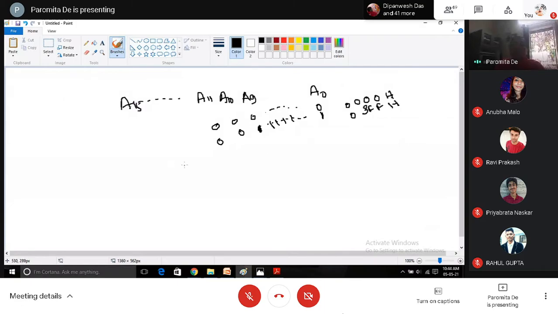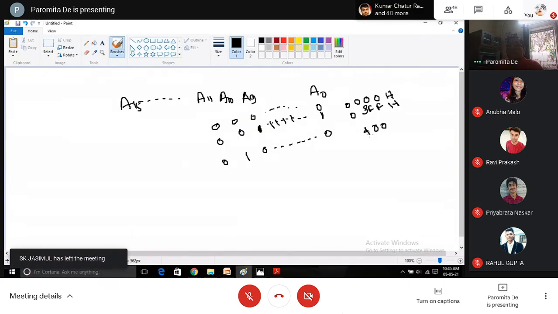Now, what will be the memory location if I have 0, 1 and 0? Then what will be the memory location here? For all this 1, 2, 3, 4, 0, 5, 6, 7, 8, 0, 9, 10, 11. So this will be 4, right? Correct? 9, 10, 11: 4 and 0, H.